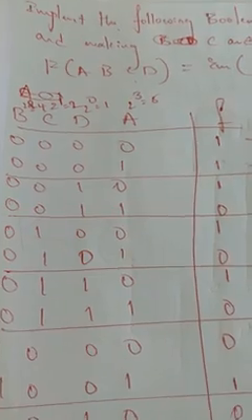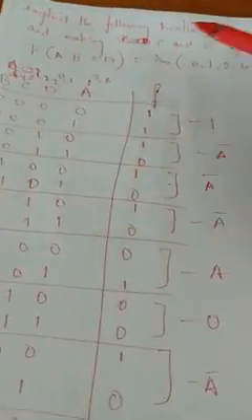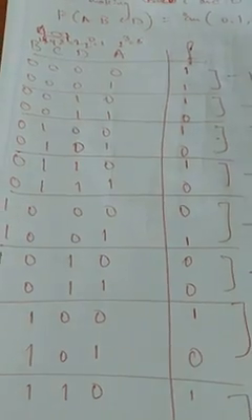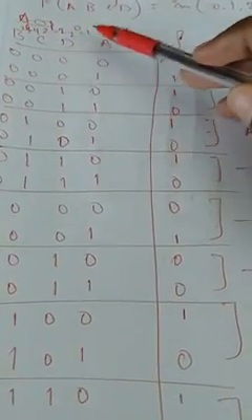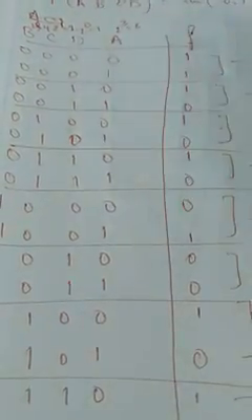For whichever problems we have solved so far, we were reducing just 1 variable, 16:1 to 8:1 or 8:1 to 4:1. But here we are converting a 16:1 multiplexer to 4:1, converting 4 variables to 2 variables. So what you are supposed to do? They have clearly specified you are supposed to make C and D the control inputs. So you are not supposed to make C and D the map entered variables. At any cost you are not supposed to write C and D in the last column. You are supposed to write either B or A in the last column.